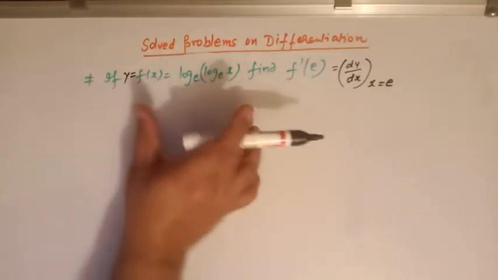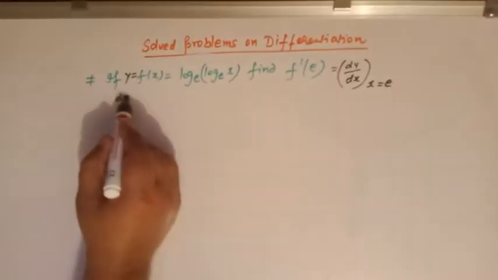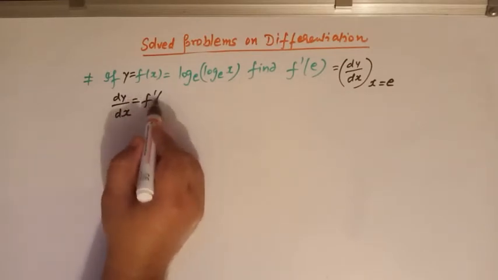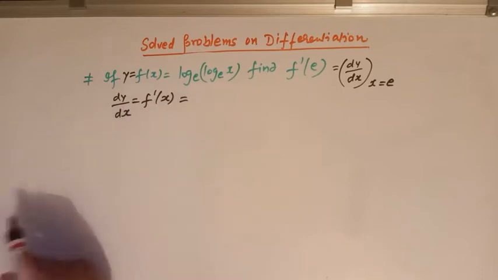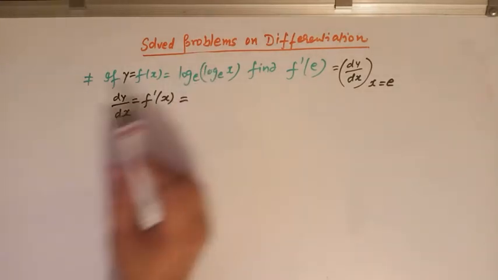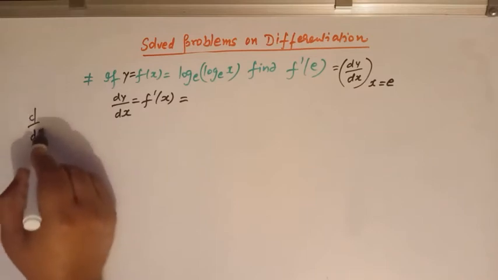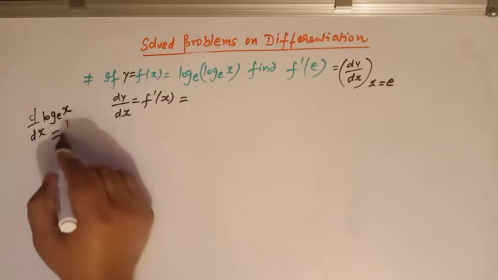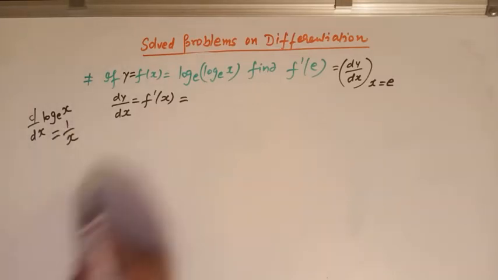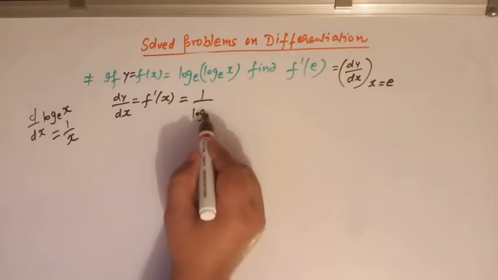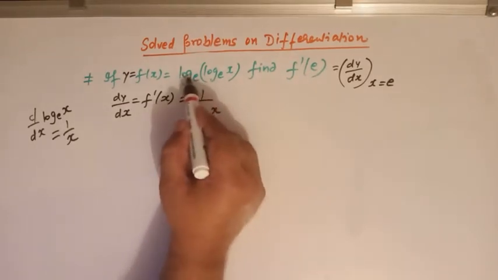So let us differentiate this function. So we have dy over dx, that is f prime of x, is equal to, we know that the derivative of log x function, the derivative of log x is equal to 1 over x. So here if we apply, then we have 1 over log x, because this is log of log x,